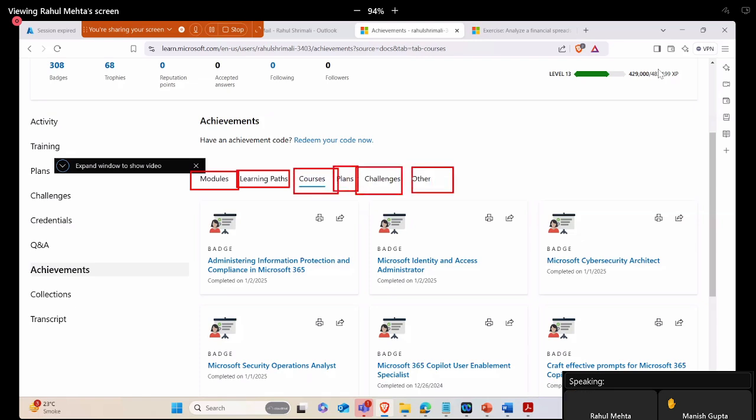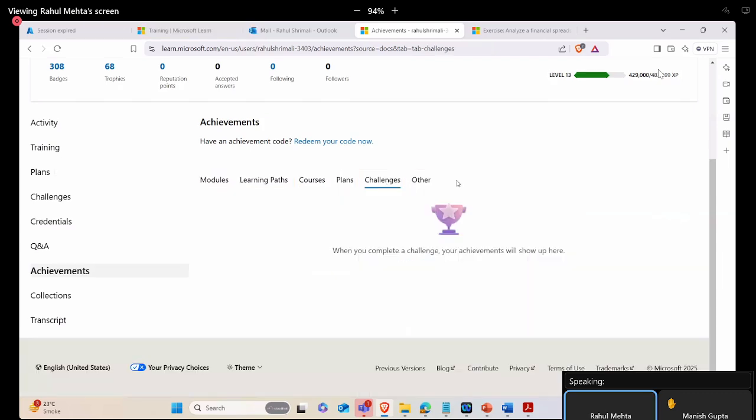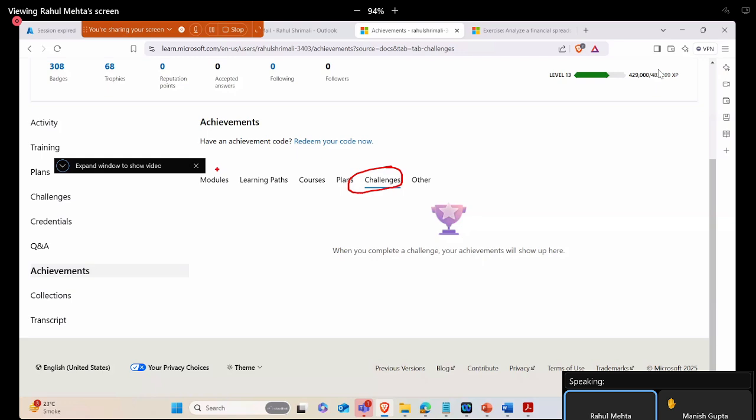If you have participated in any challenges or a hackathon or any such achievement, it will show up here. If you see here in achievements, it is asking you to redeem your code now. So if you have a code ready, in spite of giving the ready-made code,